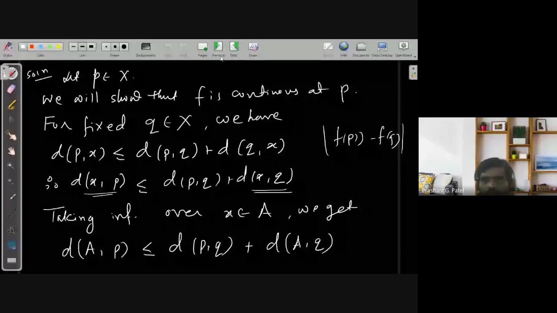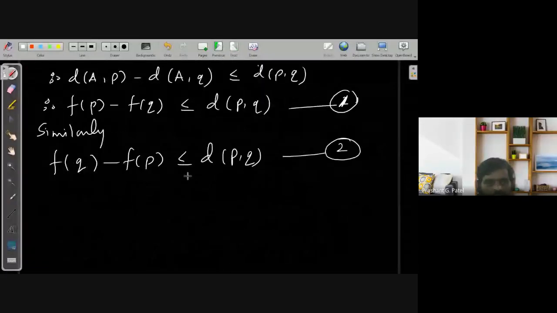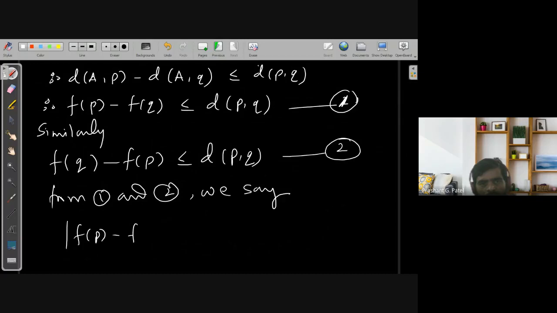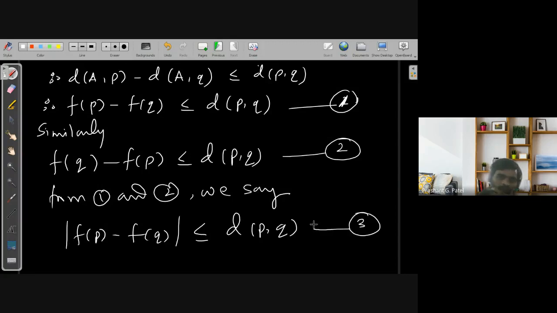So from 1 and 2, we can say that the modulus of f(P) minus f(Q) is less than or equal to the distance between P and Q. Whether it is positive or negative does not make any difference. So from equation 3 we can say now,